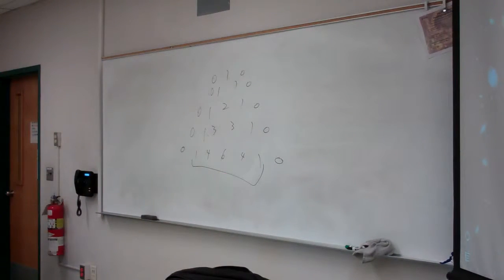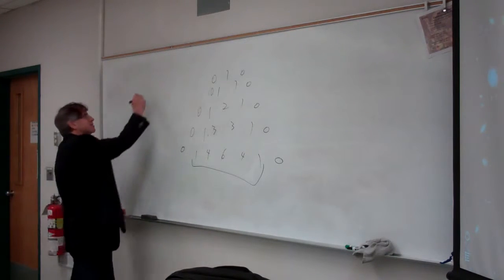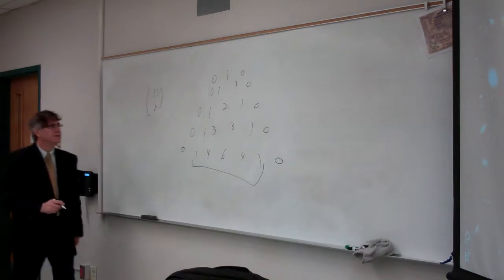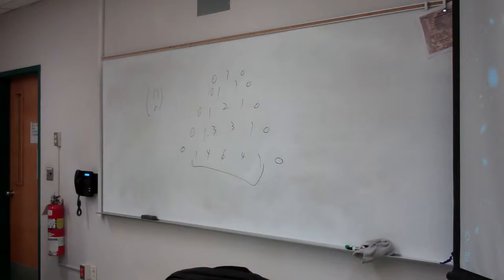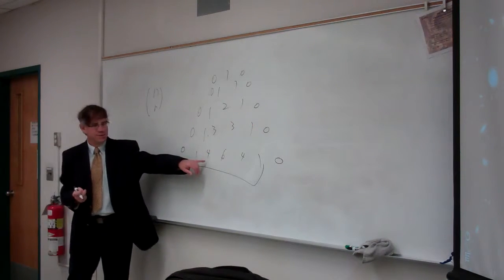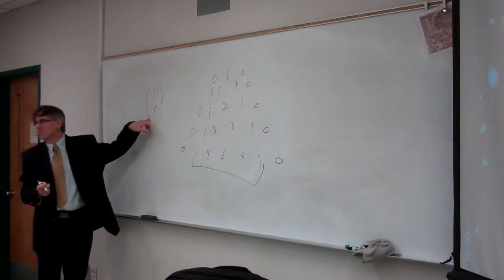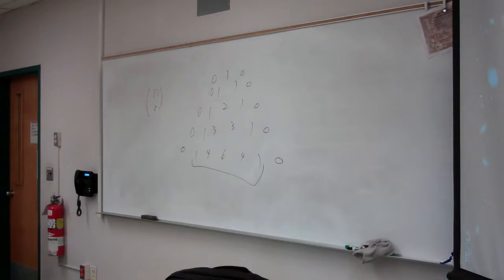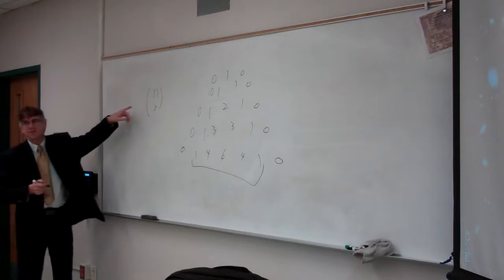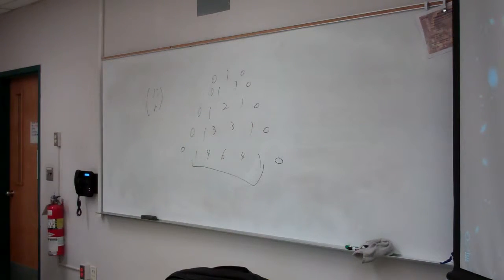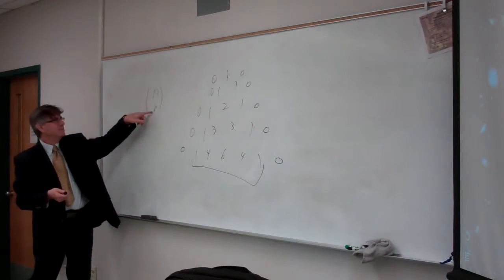But the other way is to use combinatorics, right? To note that this is the entry in row N, column R, and use the factorial formula for that to generate the entries for each row. It's interesting because to do it like this, all you have to do is addition. To do it like this, you have to do a lot of multiplication, and it feels like a very different amount of work. But this is really easy to code, if you can deal with the big numbers. But you can't just, for example, take 100 factorial and divide it by